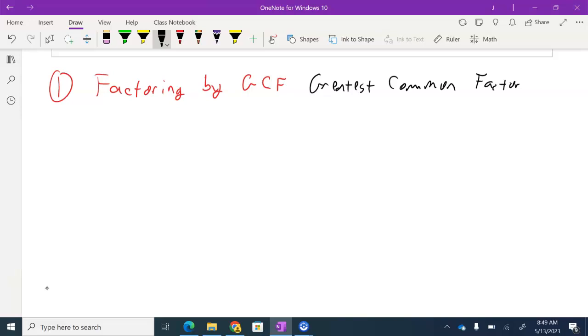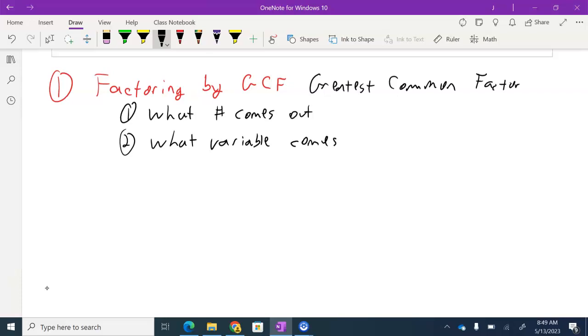You want to look at number one, what number comes out. And then you also want to look at what variable comes out. And what I mean by comes out is that you'll set it up like a distributive property type scenario. So then you would have something that looks like this. If you had something that says 4x squared y plus 12y,